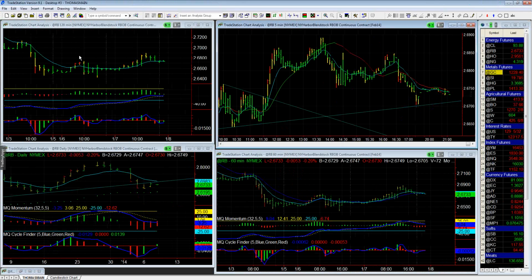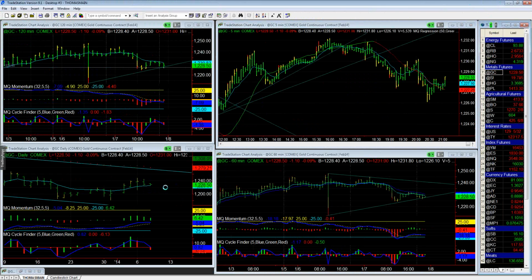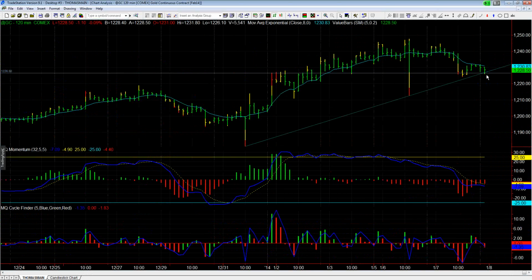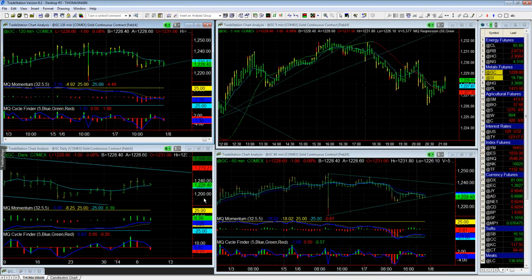Perfect example, gold just had a false breakout. Granted, it wasn't on an intraday trade. It was on a longer time frame, but you can see I was short off of this break of the trend line right there. My stop was just above the trend line right here. It has since bounced back up above the trend line, did not follow through. So you had a false breakout there. That can happen intraday trading as well. So just got to be careful about that.